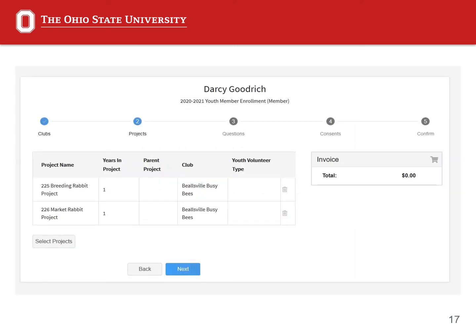After I signed that consent and accepted it, it brings me back to the project screen. For my example here for Darcy, I wanted to add another project for her, a breeding rabbit project. So I went back and did that by hitting the select projects button again. I went through that process again, had to sign another consent, and that brought me back to this screen eventually. Now that I have 2 projects selected for her here, that's all I want, and I'm ready to select next. So just make sure when you're on this screen that you have selected all the projects that you want,